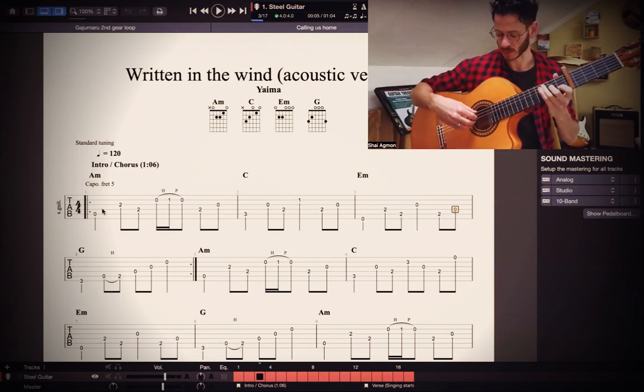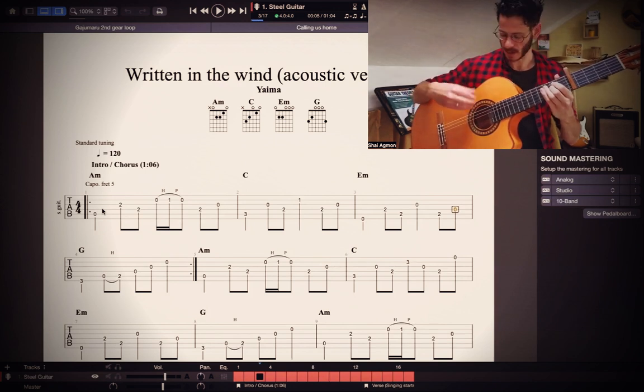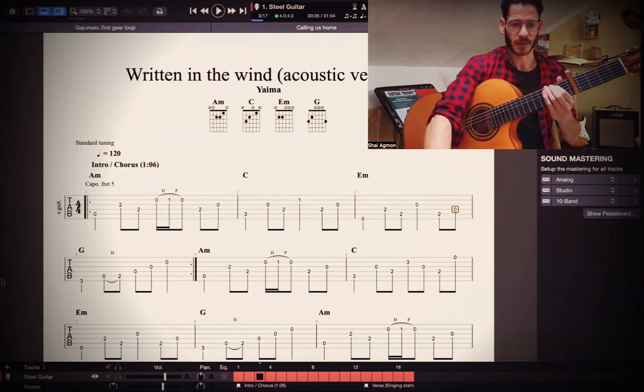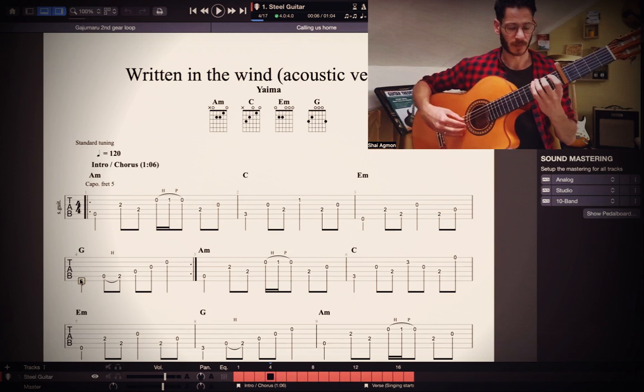Then in the E minor, it's the same thing, one string up. So 6, 4, 5, 3, 5, 4. And then on the G, we have this nice...